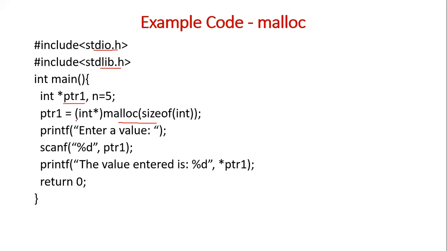is assigned with 5. Then we are saying ptr1 is equal to (int *) malloc(sizeof(int)). So you know the size of int is 4. So this will allocate 4 bytes of memory, which is used to hold an integer. Then we are asking the user to enter a value, and whatever the value the user gives, that is stored